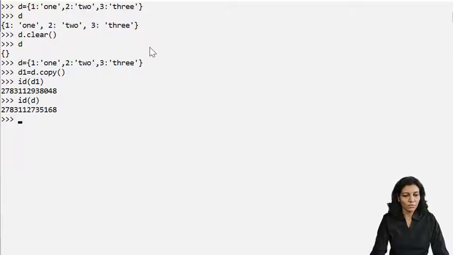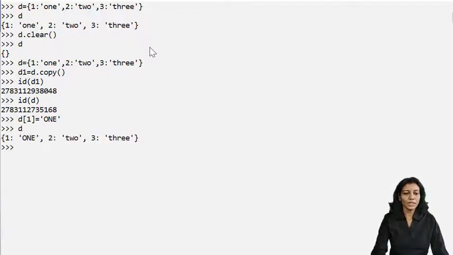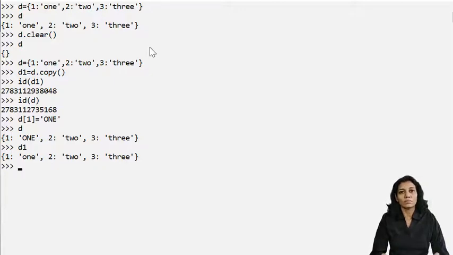So if I change D of 1 equal to capital ONE instead of small 1, it will update dictionary D only. Now if I print D, it will be updated. But if I print D1, which is the copy of D, the original values will be there. It will not affect D1, which is the copy. So this is the meaning of shallow copy.